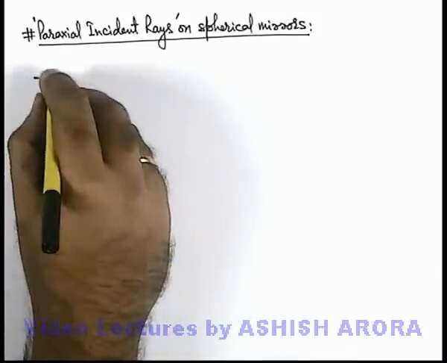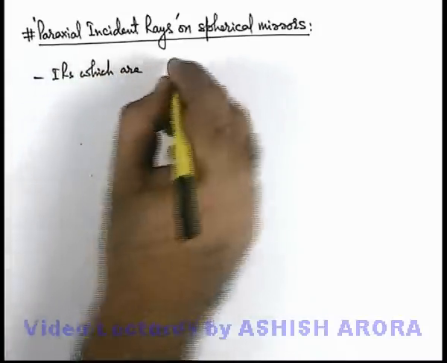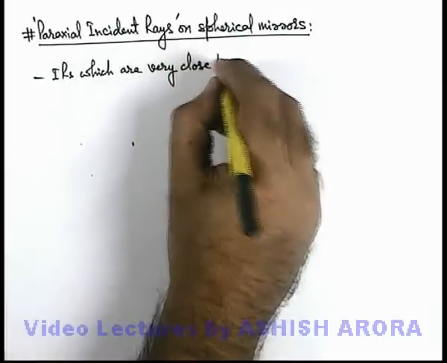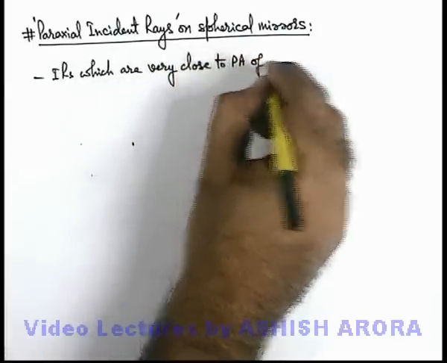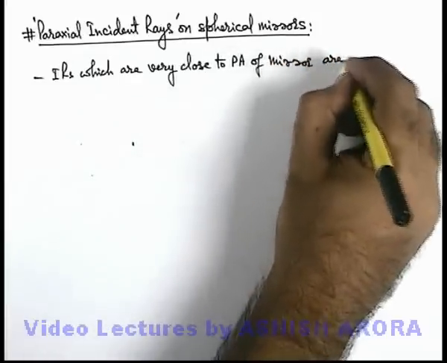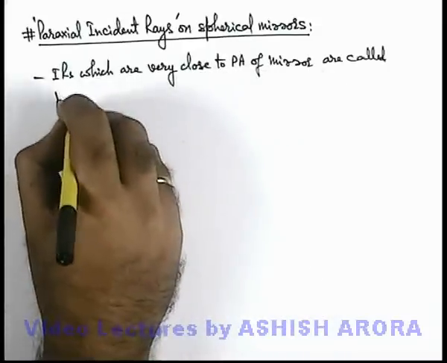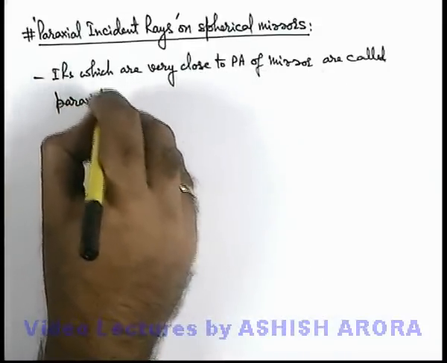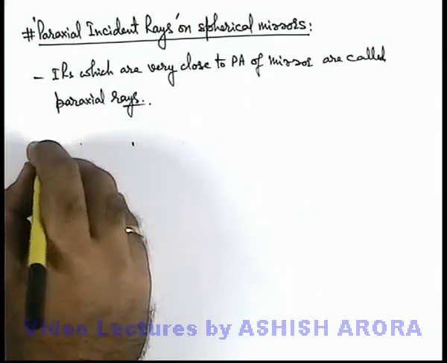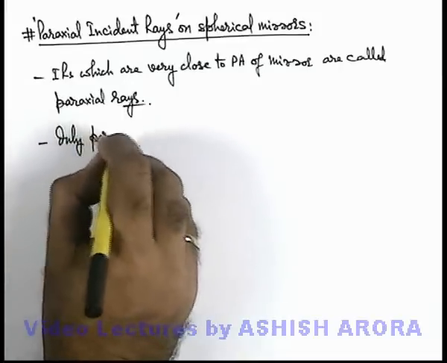Here we can write: incident rays which are very close to the principal axis of the mirror are called paraxial rays. And we can also write one thing, that only paraxial rays